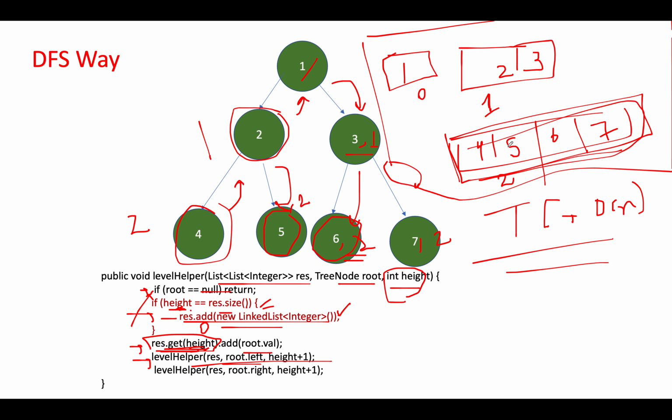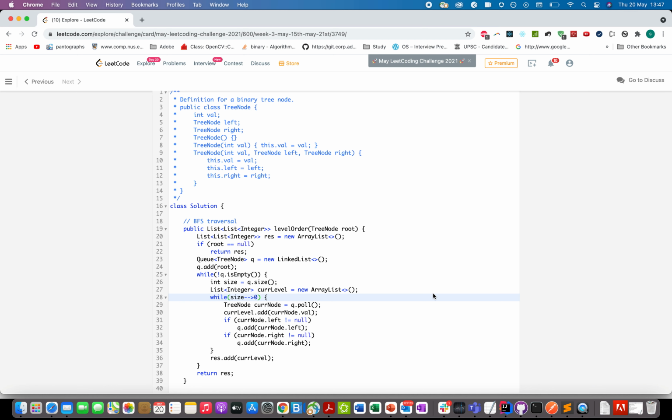Now let's quickly move on to the coding part. So let's start the iteration. I have showed the BFS traversal first, and I have written the code exactly the same as I write in every BFS traversal across the tree. So first we create the answer set and we check whether the root is null or not. If it is null, we return the answer. Otherwise we create a queue of generic type tree node. We add the first node into the queue and we start the iteration till the time queue is not empty.